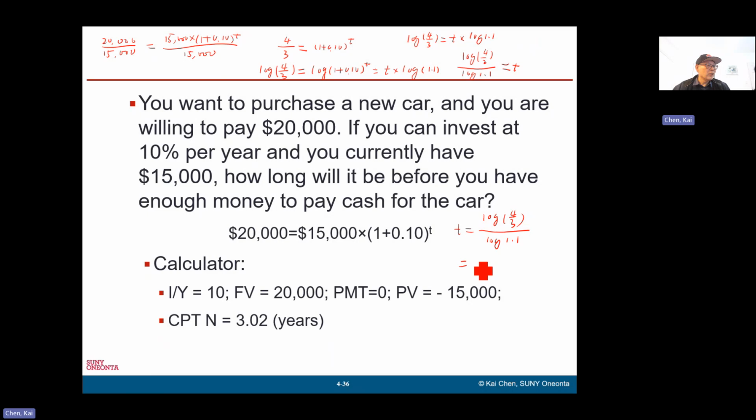T is, rounding your answer to 2 decimal places. That is 3.0, right? 3.0. Okay. Now if you use calculator,